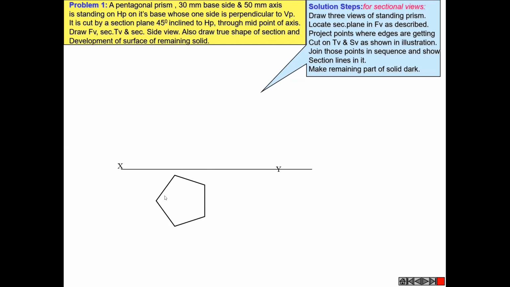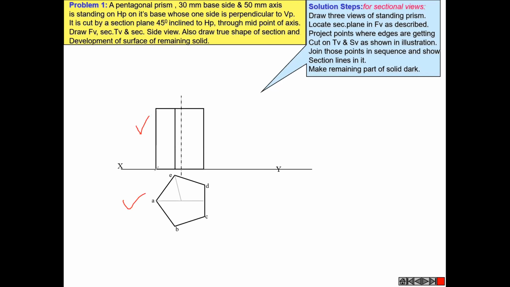So first of all you have to make the pentagon like this having the size 30 base, and this is the center point. This is the pentagonal prism, so you have to make the prism front view like this. Don't be confused between the prism and pyramid.